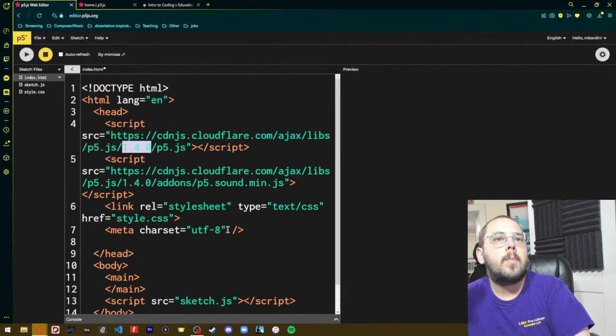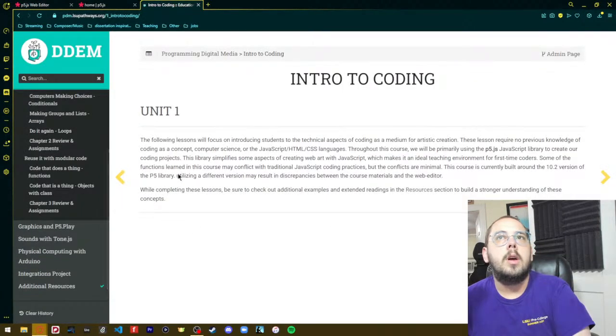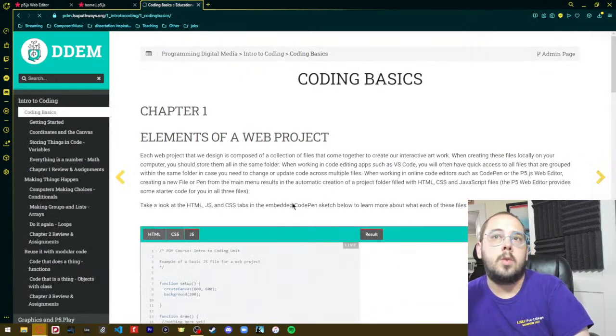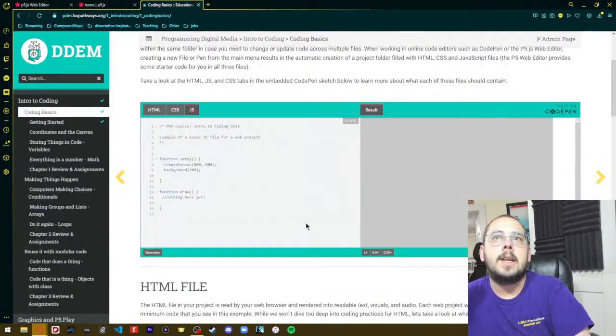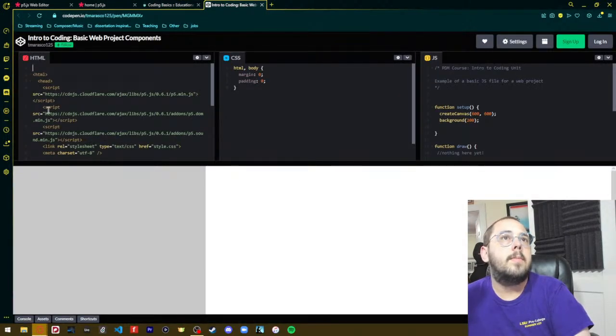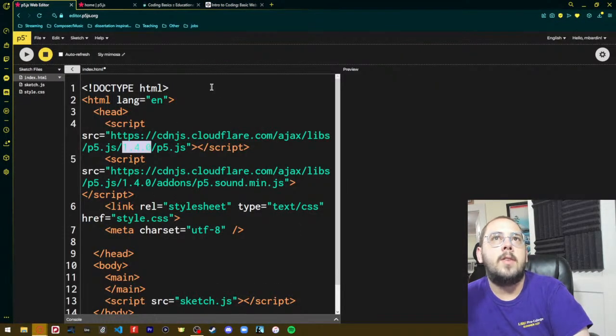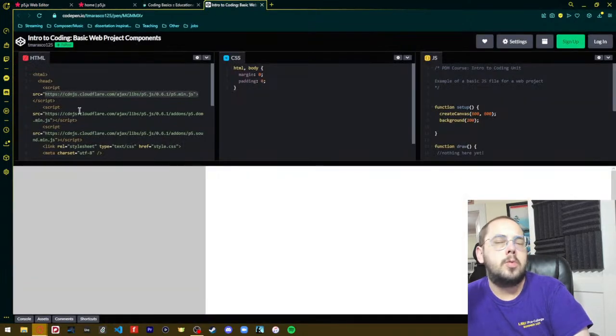All right, another quick tip: if you have an online code editor that you like more, you can use that. For example, in this textbook, we do a lot of stuff with Codepen because it's very easy to embed the code and the rendering of that code in the textbook. We can go into Codepen right here, and you'll notice this version of P5 is actually a lot older, but it's just a very simple sketch. But you can take the contents of this HTML file